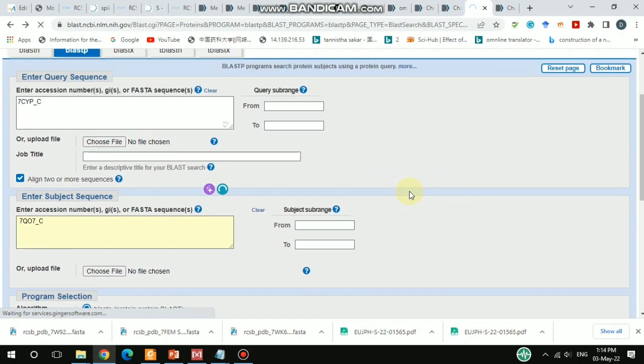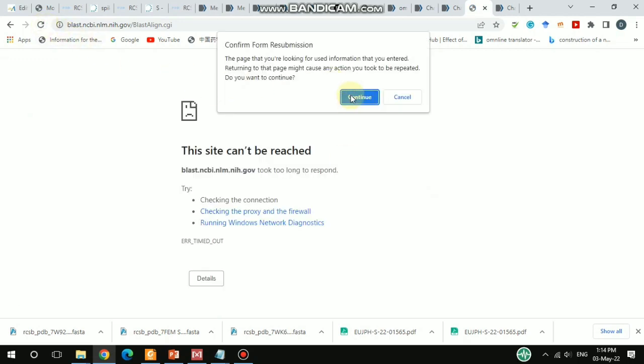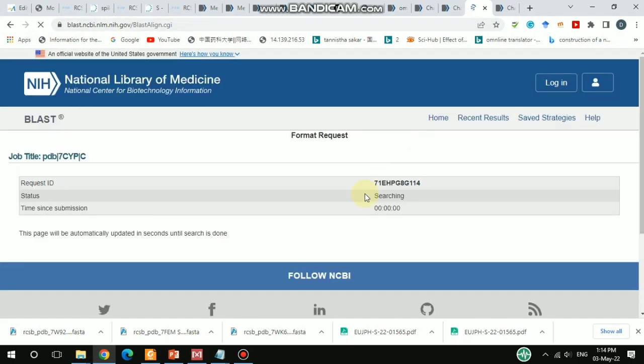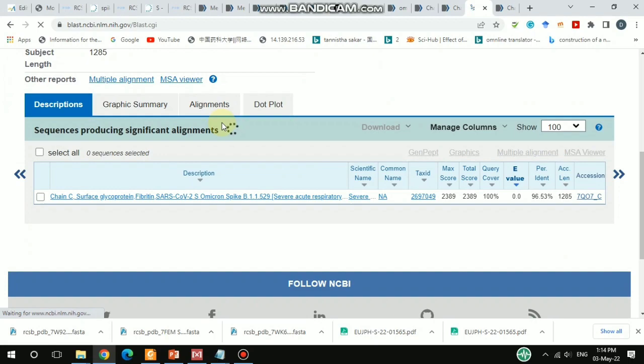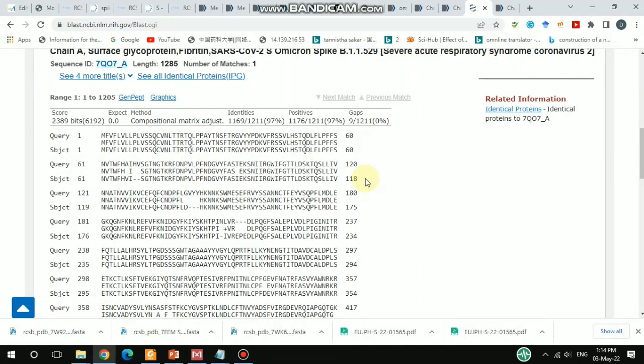It's a little slow. I also like to show in the MegaX software how to align these different variant sequences. Before that, I would like to show you in the NCBI blast, but it's a little slow. Alright, it's already started blasting, almost here. So if you hit the alignment, then you get... before that we checked